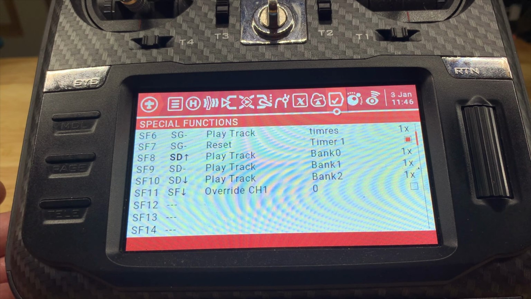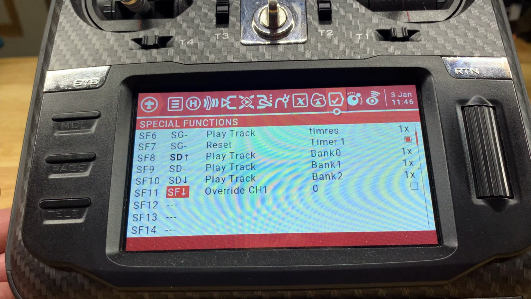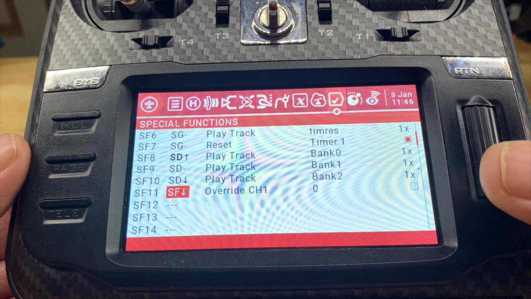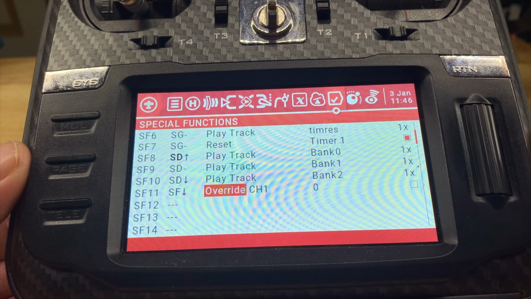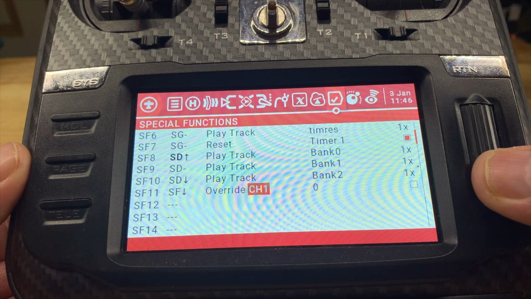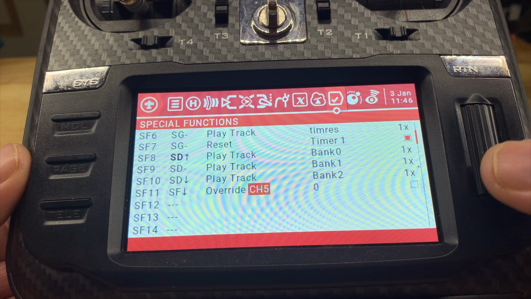So for this, I'll enable that field, operate stabilization on the switch that I have. And you heard it say that already, and that's because I already had a play track entry to say if SF is operated, play that track. Whatever you want to do there. So we'll be using SF to do that. Override is the default that comes up, and in my case, since gyro is on channel 5, we'll go and override channel 5